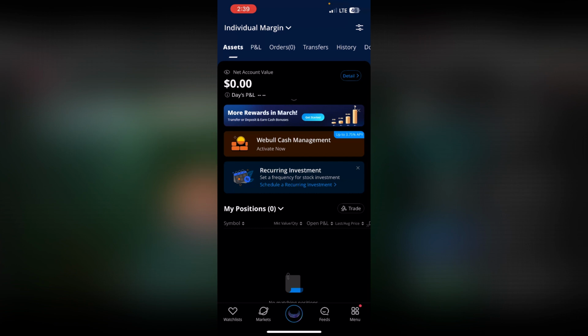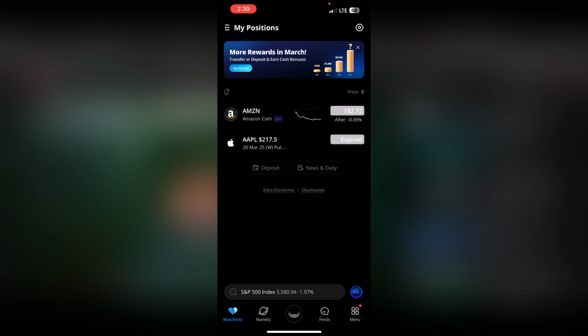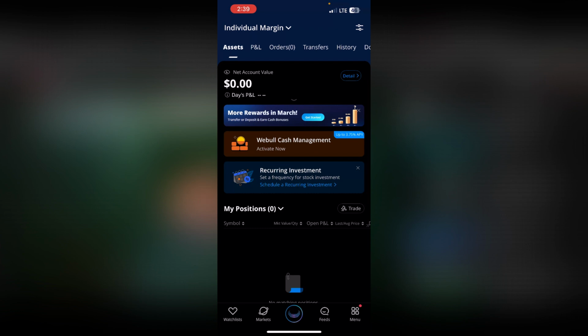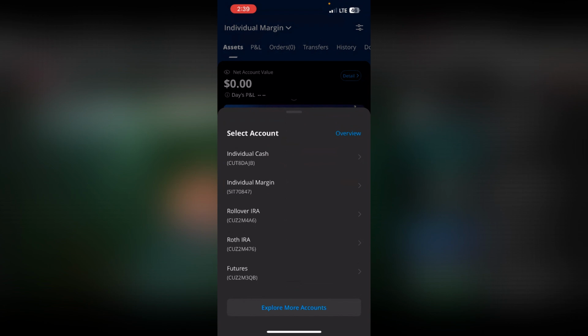Alright, when you very first open Webull, you're probably going to be on this screen. You won't have the Amazon or Apple there because you won't have an open position. But the first thing you're going to want to do is look at the bottom of the screen, and you'll notice that middle icon. You'll click that, and you might have to set up a password or something. And depending on the account you opened,